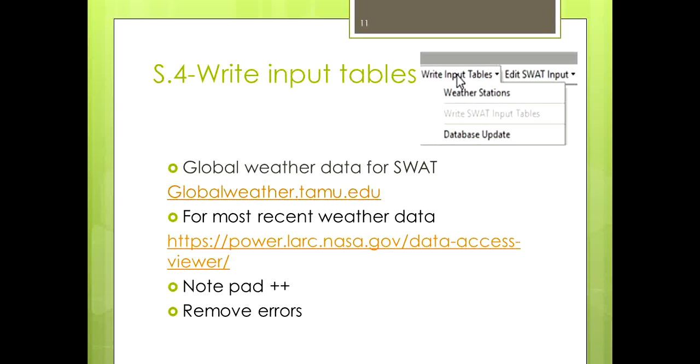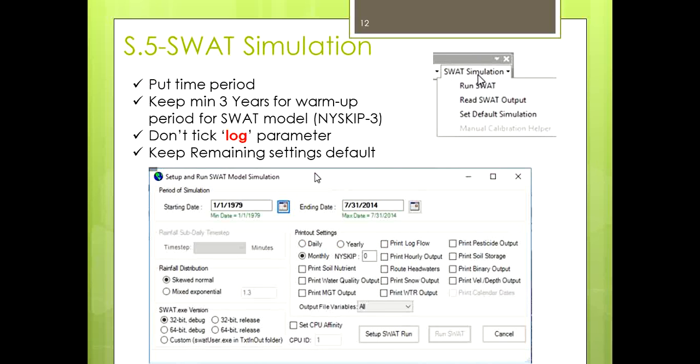Now, after the data is downloaded, it contains some errors, that is, the -99.000 error. So you have to remove that error. To remove such errors, Notepad++ can be used.